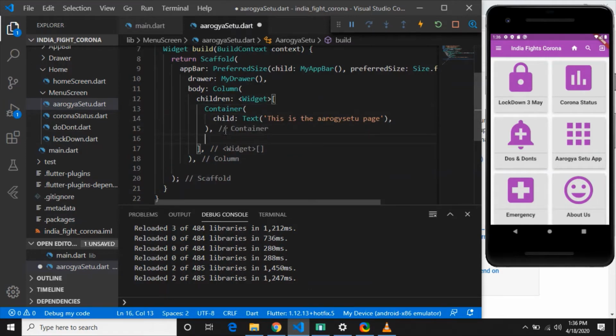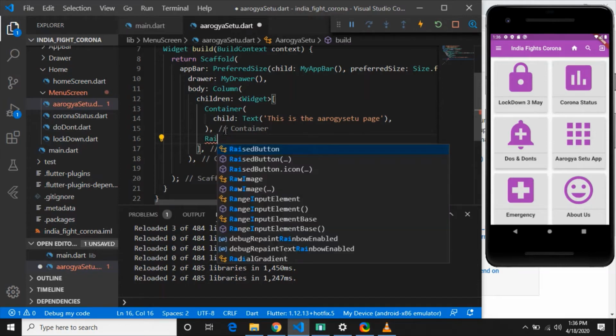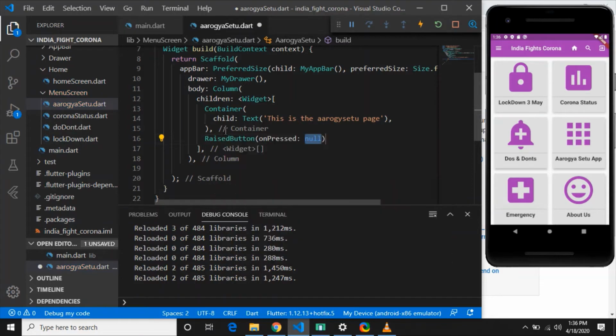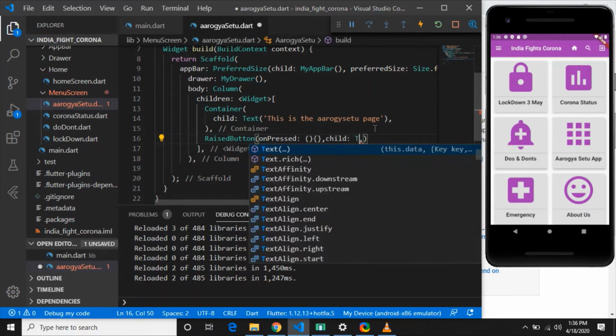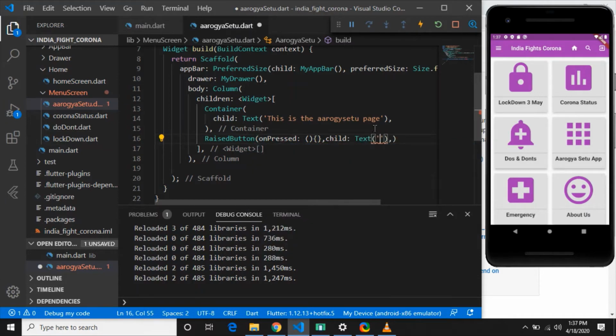You can get the option of raised button if you type raised button. In the raised button, onPressed, we are adding nothing for the time being, so delete this null. The child will be the name of the button, which should be Download Arogya Setu app.